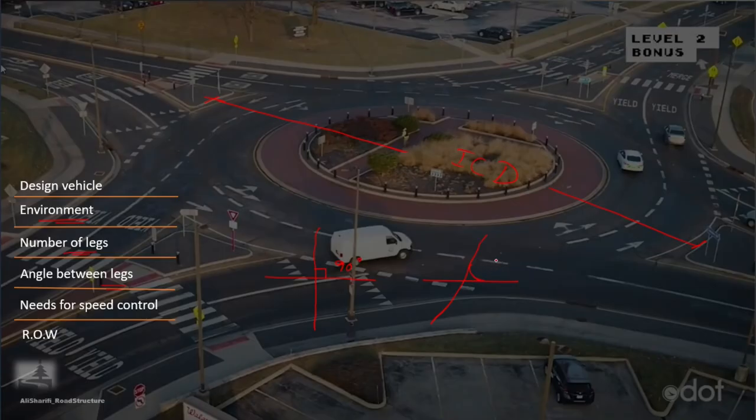If you recall, this angle can get as low as 75 degrees, otherwise you'll need realignment,